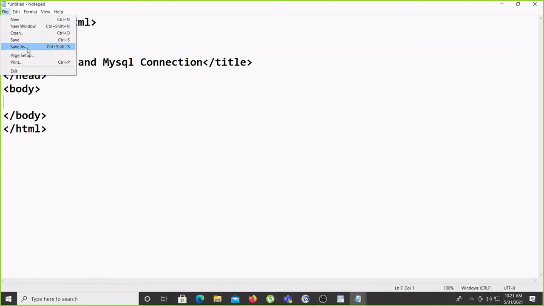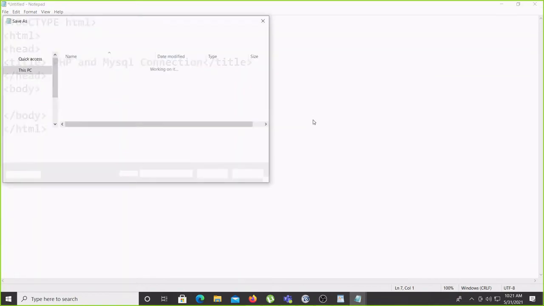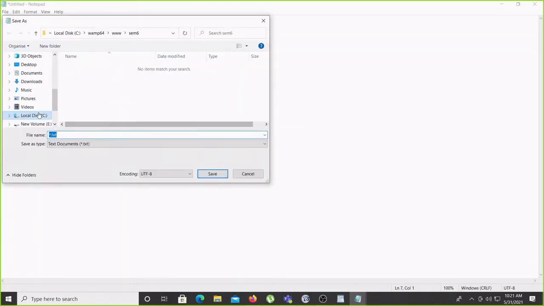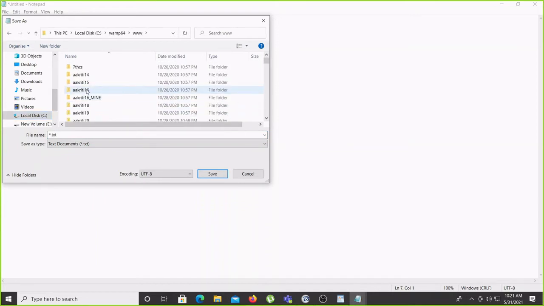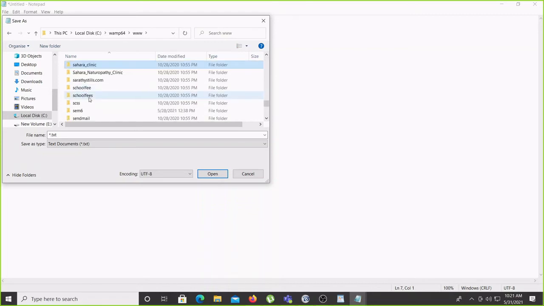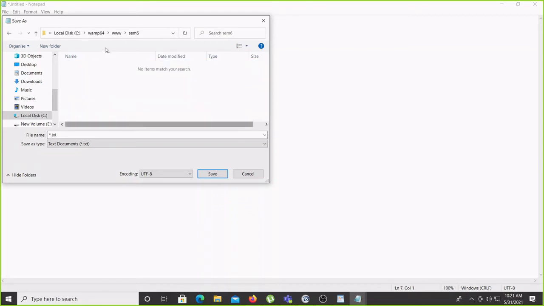I'll save this file inside the WAMP server folder. So C drive, WAMP64, www, and I think here I created last class a folder, SAM6. Yes, SAM6 is there. Give any file name, but the extension should be .php.